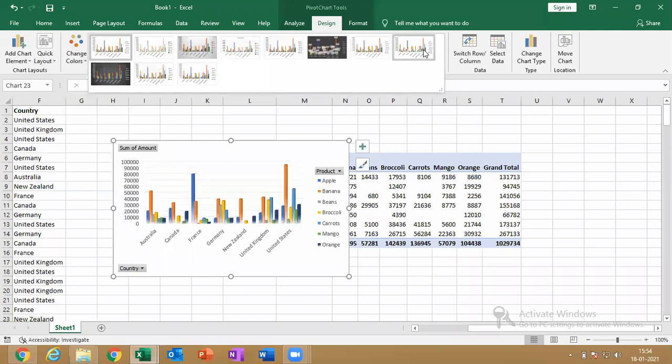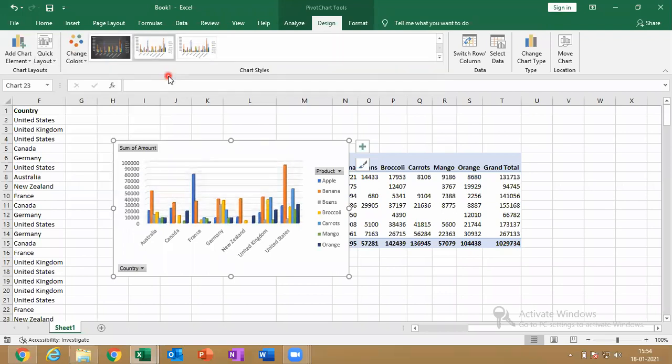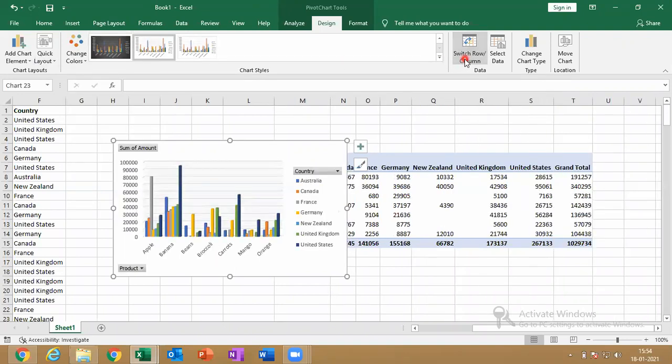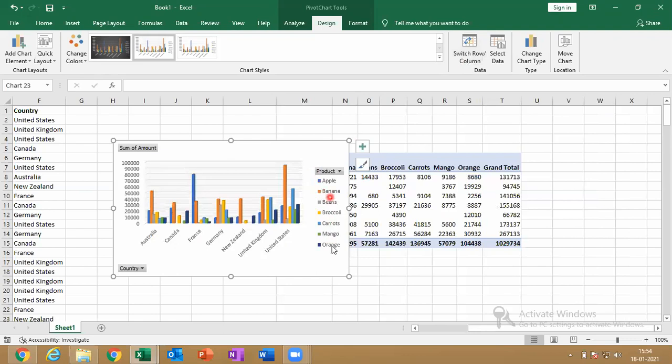Different chart styles we can use. Then switch row to column, column to row. That means here in the labels are products and here countries. Now if I switch row to column or column to row, what happens? This will come here and this will come here.